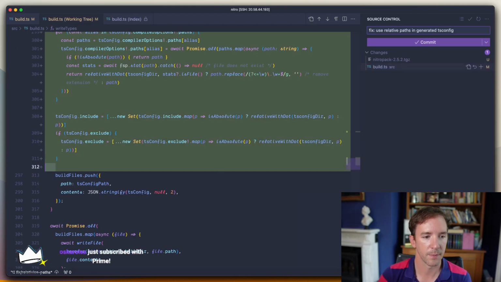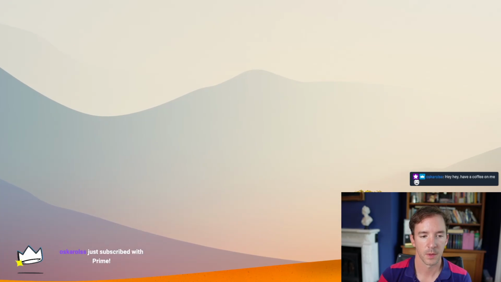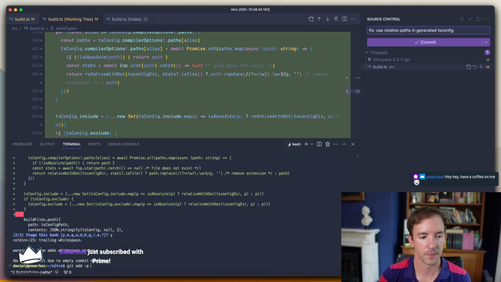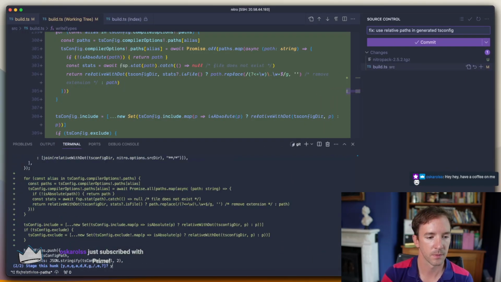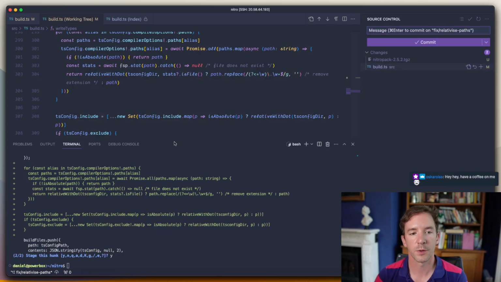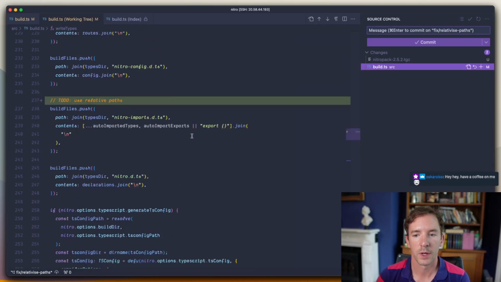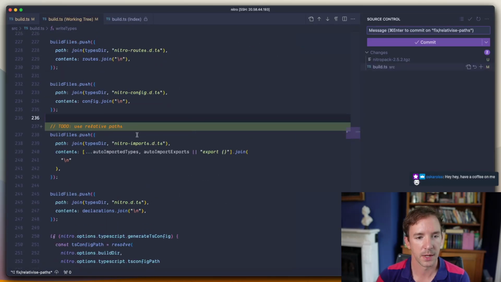There's some extra, yeah, there's some white space. Let's try that once more. Whoops. And that seems fine. So then we also need to handle that to-do comment, which is relative paths in Nitro